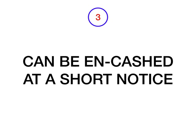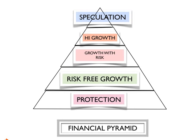Let us not ignore this part of the pyramid just for the reason that the returns are low. You must also understand the risk is absolutely eliminated here. We at least get back the money which we saved